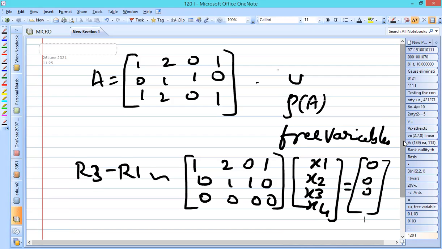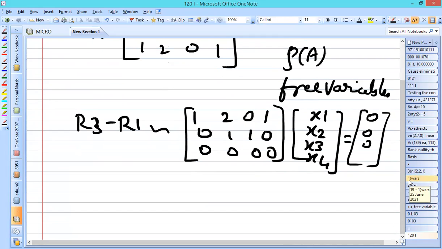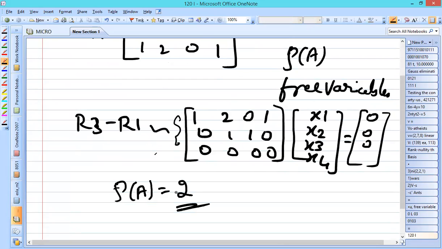So now, if you simplify, first, after reducing it to the echelon form, the next step is to identify the rank of this matrix A. So what is the rank of this matrix A? Since two non-zero rows are there, the rank of this matrix A is equal to 2. Leaving the 0 row, only these two non-zero rows are there. So you are going to write it as the rank of the matrix. And here identify the pivots. Pivot is present in the first column and in the second column. So here this belongs to x1, x2, x3 and x4.